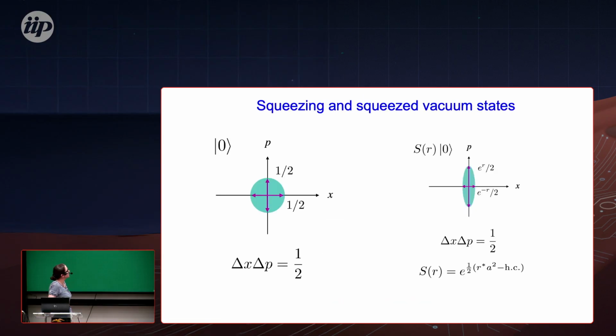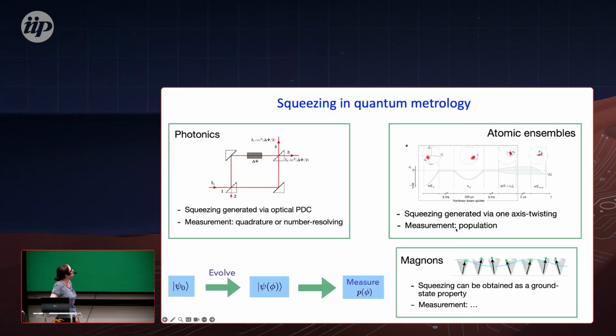Right? And this was studied in many systems, especially optical, on how to achieve it. One way to make use of correlations is to work with squeezed vacuum states. It means that in x and p, any two variables which don't commute with each other, we don't have a circle, but we have an ellipse, right? And this squeezing parameter should help us to improve our sensitivity. This is what we have developed, as I said, for photonic and atomic ensembles. This is standard.